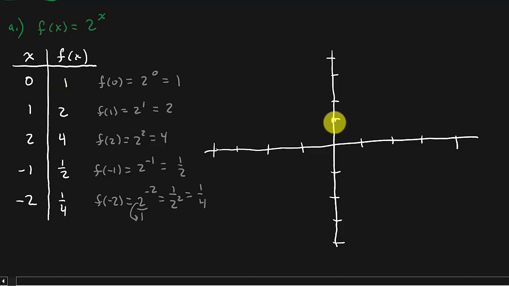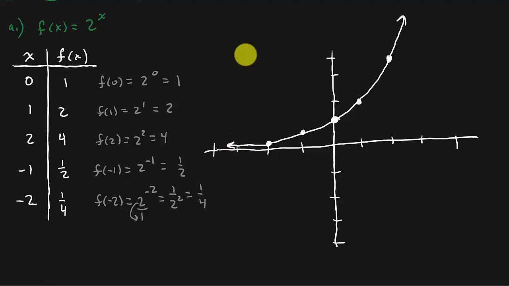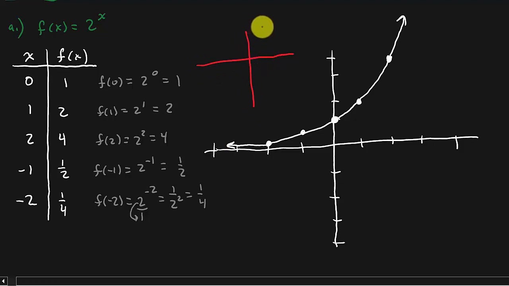We got the points (0, 1), (1, 2), (2, 4). Then we've got (-1, 1/2), (-2, 1/4). And you can see the points we have here, how we can see what the shape of this graph looks like. So this graph is going to look something like this. Okay? Now, the one thing you've got to make sure of when you're drawing this graph,